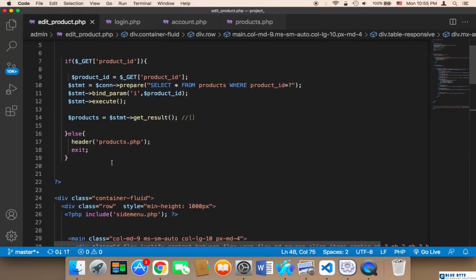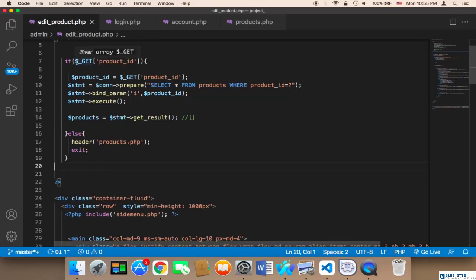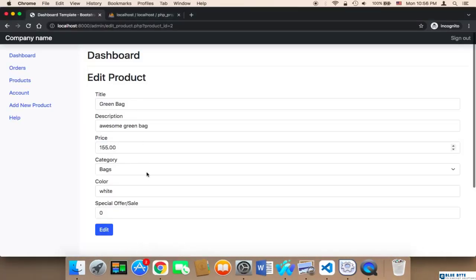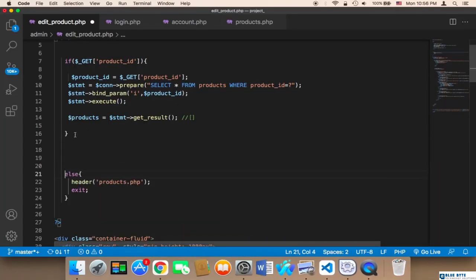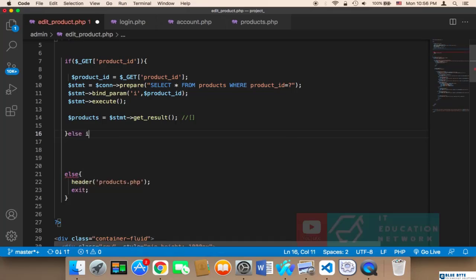Here in the edit product, first remember we have, if the request is get, we get all of the products. We get that specific product to display all its data here. However, instead of saying else, we need to say else if. And here we say else. So we keep else, but we need to say else if the request is